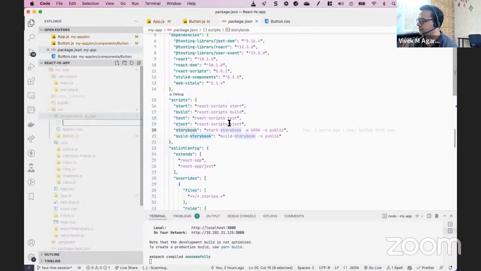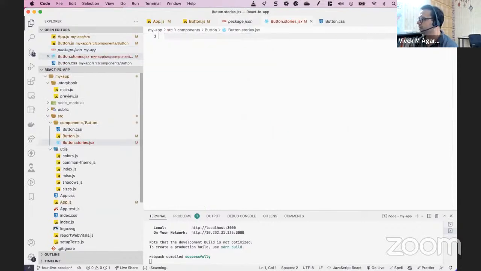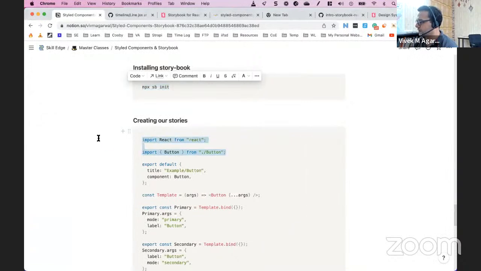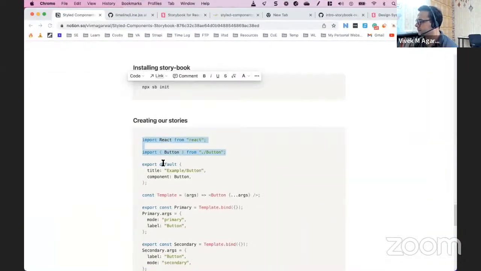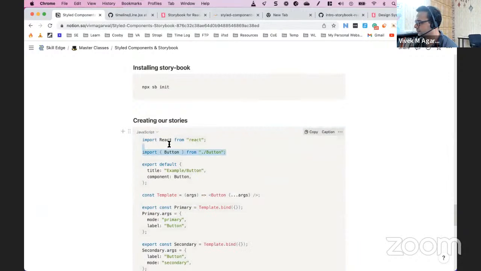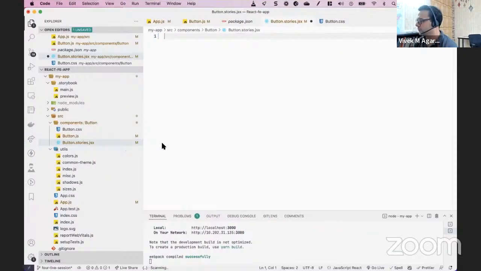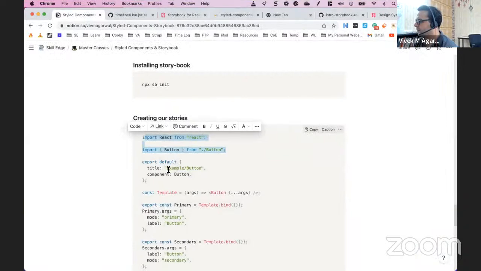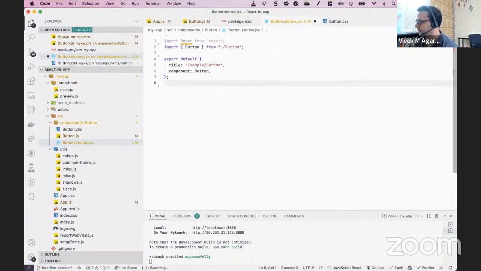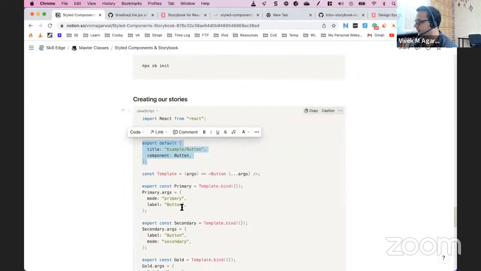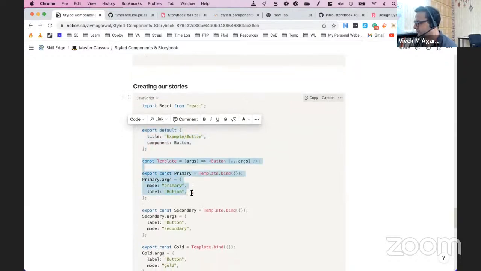न्यू फाइल, and we can name this file button.stories.jsx. okay, इसमें फिर हम रिएक्ट और बटन दोनों को इंपोर्ट कर लेंगे। we'll import react, we will import button, और फिर ये स्टोरी बुक जो है ना, या दिस इज इंपॉर्टेंट, मोस्टली कोई भी लेसन्स में ये नहीं बताते हैं, बट आई थिंक इट्स इंपॉर्टेंट फॉर यू टू अंडरस्टैंड दिस।